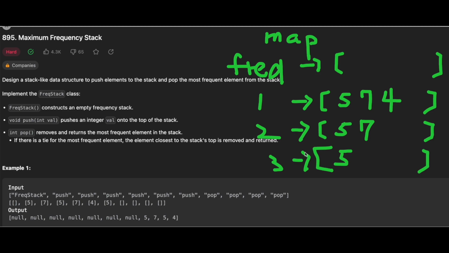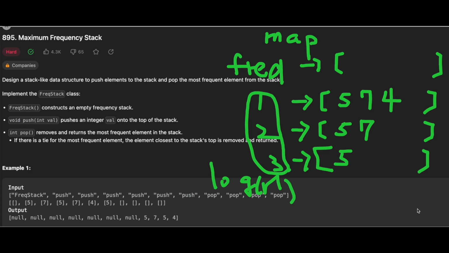But then how are we going to know if this 3 is the max frequency? So one thing we can do is to say we put this right into the map. If it's a sorted map, we can retrieve the max elements in log of n time. But do we really need to do this? Do we really need to put this into a sorted map? No, we don't, because we can actually just do a hash map here where we don't need to sort the